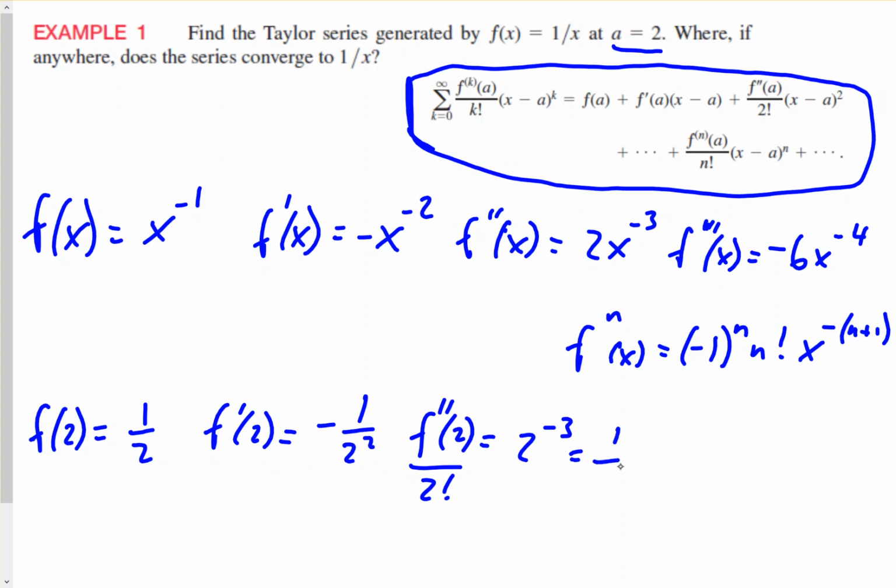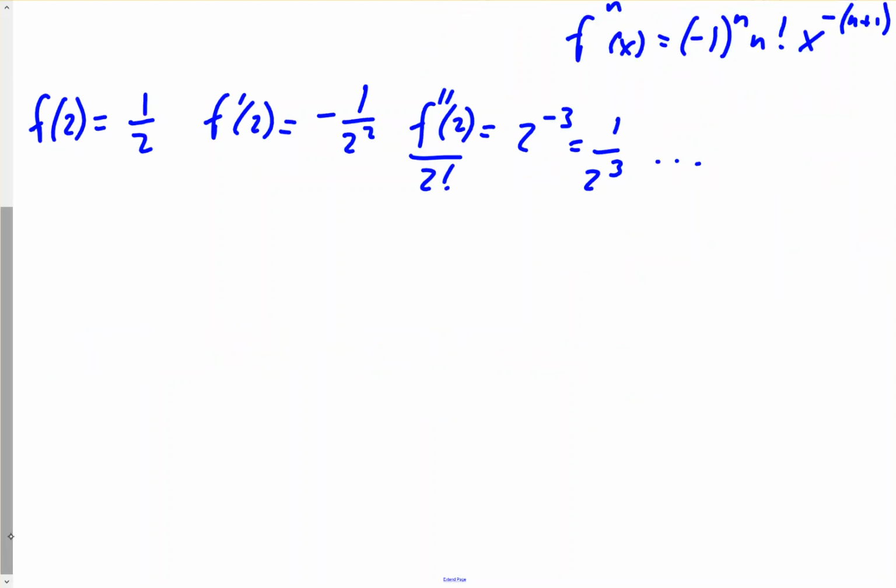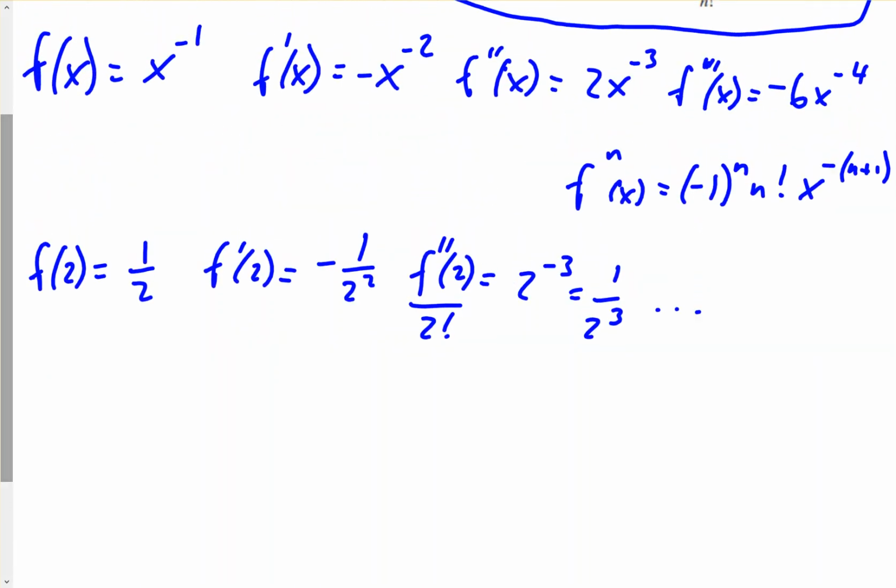Which is the same as 1/2 to the third. Okay, and this will continue like this. So if we try to come up with our Taylor series, remember the Taylor series would be f of 2